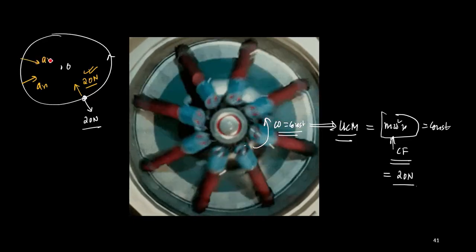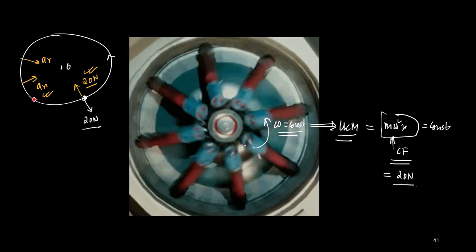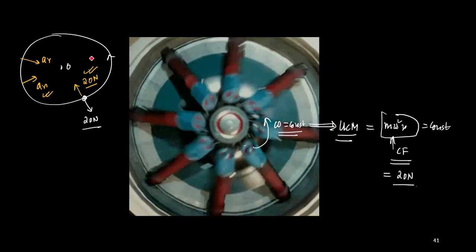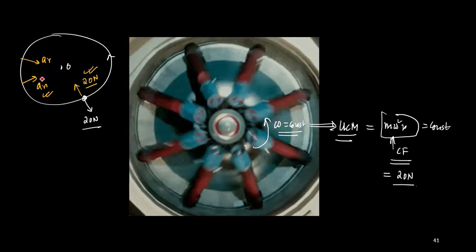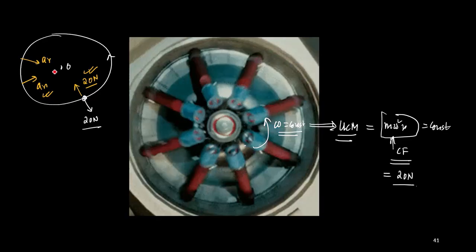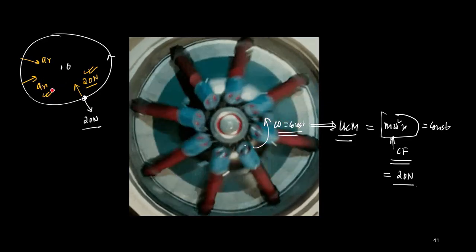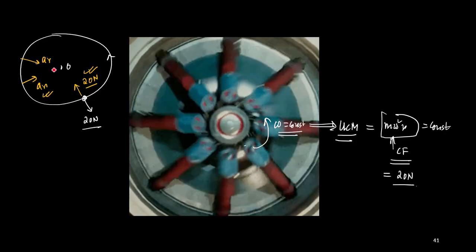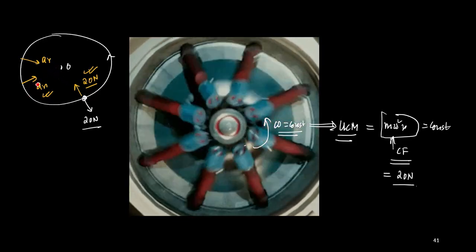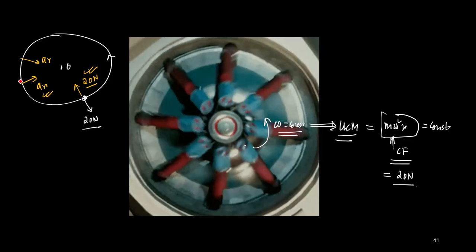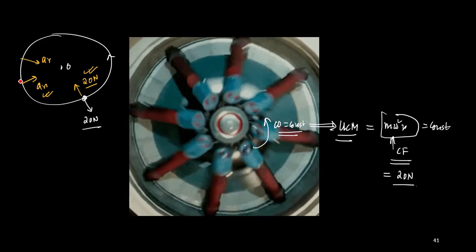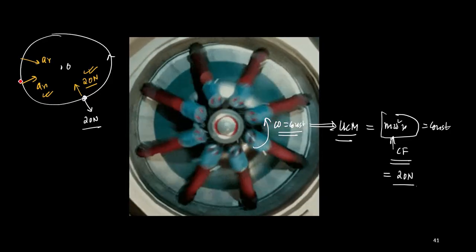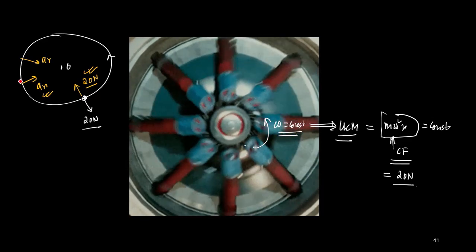The acceleration has to be there. So in order to get that acceleration, there must be one force acting toward the center. Otherwise the acceleration will not be produced. So since the acceleration is essential, that means the force which is producing that acceleration is also essential. That means the centripetal force comes into the picture. Without the centripetal force, the particle cannot perform a circular motion. That's true. This is all about the